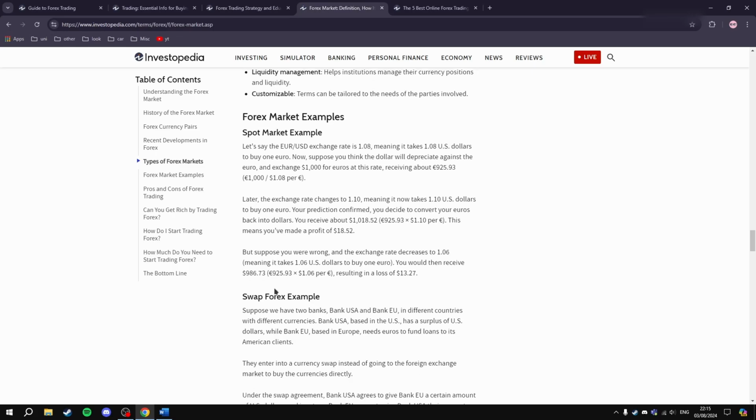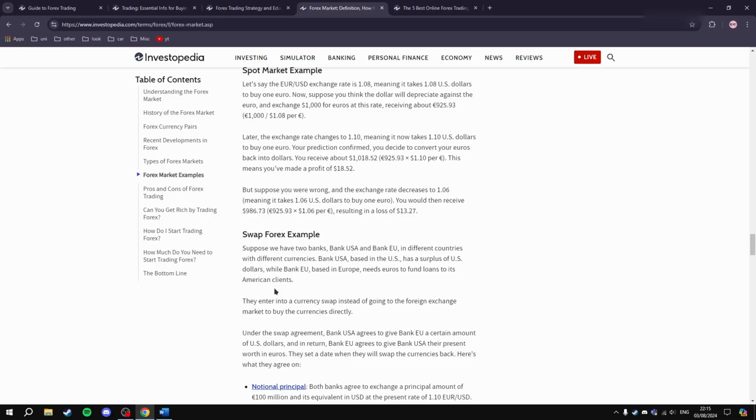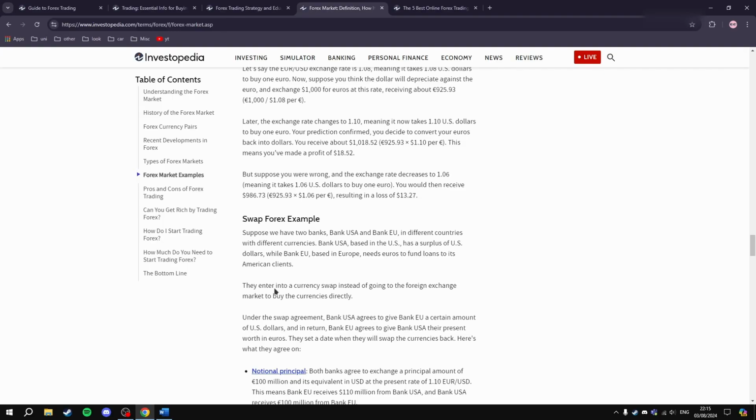Forex market examples. Spot market example. Let's say the Euro USD exchange rate is 1.08, meaning it takes 1.08 USD to buy 1 euro. Now suppose you think the dollar will depreciate against the euro, so it's going to take more USD to exchange for 1 euro. You exchange 1,000 dollars for euros at this rate,